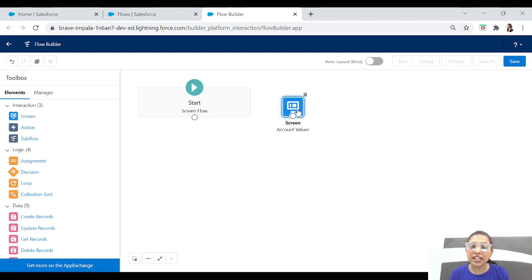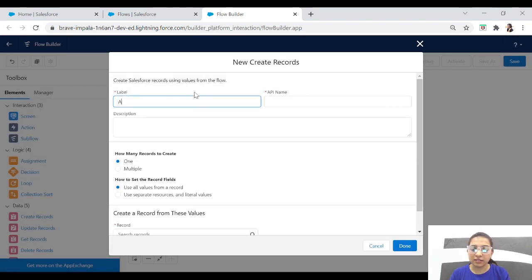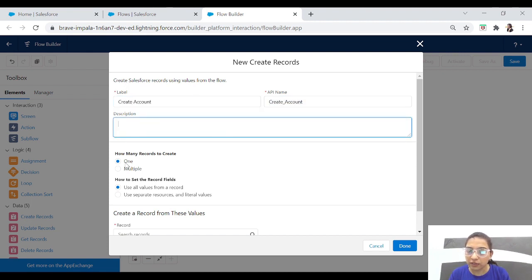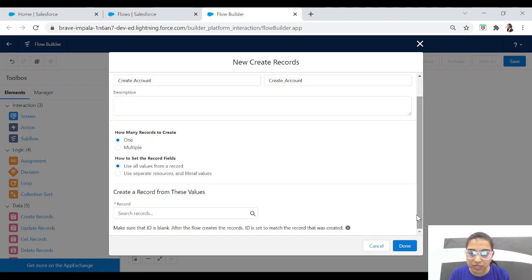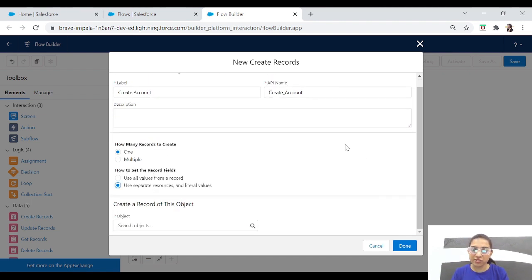So this is the screen element on which we'll get account's first name and last name from the user, and when the user fills in the first name and last name, then we'll take a create record element. Here we'll write create account. Okay, we want to create only one account and we want to use separate resources and literal values.